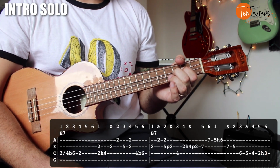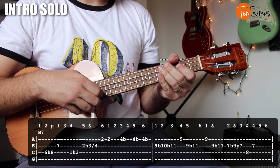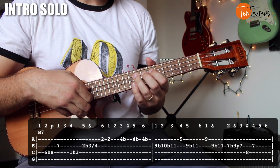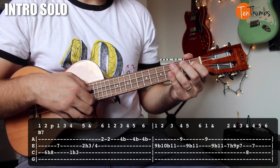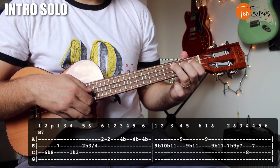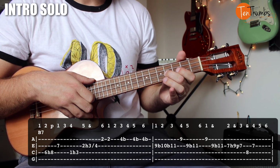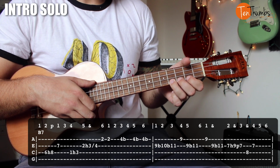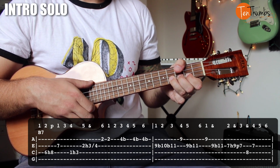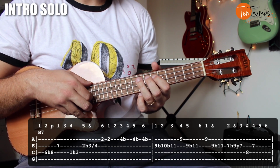Alright, you're doing great. We only have 4 more bars. So the next little section is going to jump way up here, and it's going to be 6 hammer 8 to 7, and then way down to 1 hammer 3, up 2 hammer 3, slide to 4, 2, 2, and then we're going to get this 4th fret and give it 3 little baby bends. So that whole bar is going to be